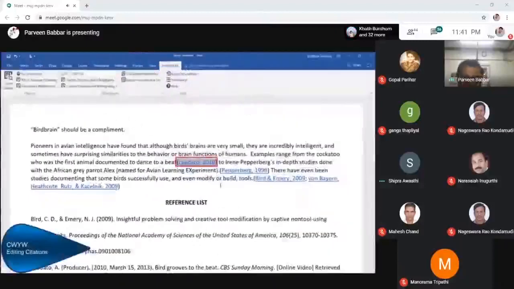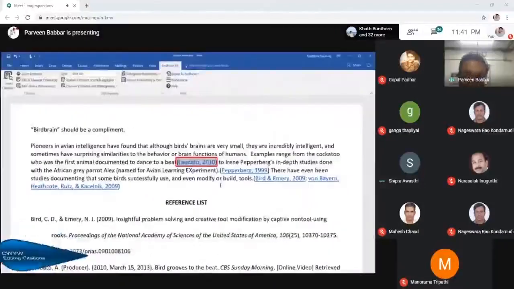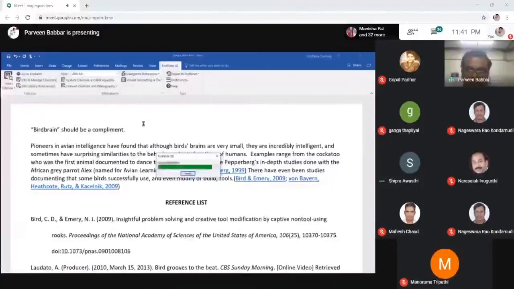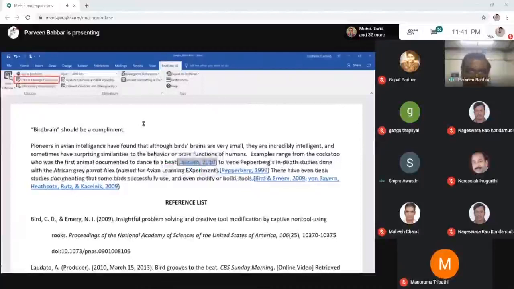Formatted citations contain hidden field codes, indicated here by the gray shading. And if I try to delete text from a formatted citation or type directly into it, those changes will disappear the next time the bibliography updates. The correct way to edit citations is to use the Edit and Manage Citations command. For the citations in my paper, I will make the following changes. For one, I will omit the author's name because it has been used in the preceding sentence and add page numbers. For the group citation, I will remove the citation from the group.